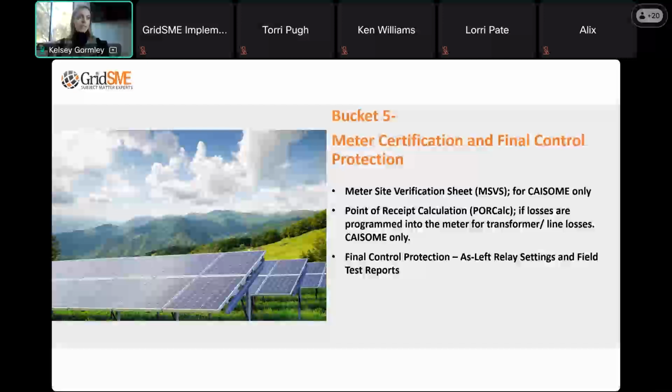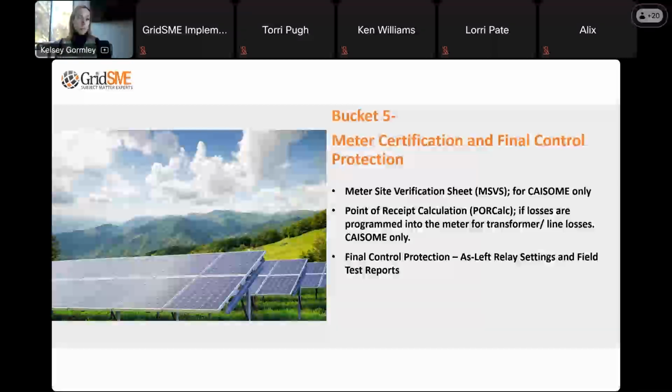In the MSVS form, there's a section that accounts for total percentage watt losses and total percentage bar losses. Both of those values need to be supported by a POR calc document. Most of the time, this is a big, massive Excel spreadsheet that the meter programmer puts together that accounts for all of those losses appropriately. And that is what we submit to CAISO.